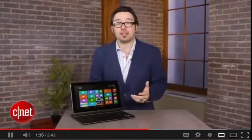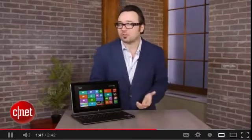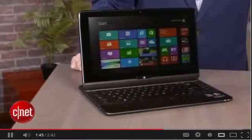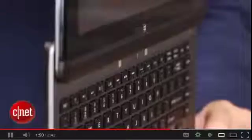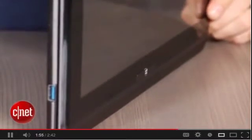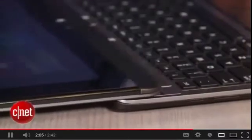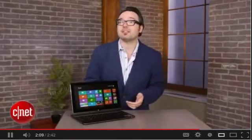Compared to a lot of the other new Windows 8 designed laptops and convertibles and hybrids we're seeing, this is actually reasonably priced. It's $1150, and for that you get a 128 gig SSD and an Intel Core i5 CPU, which means that it's basically on par with a lot of the other Ultrabooks that we've seen earlier this year. Maybe without the sliding screen and the touch screen, you'd probably pay maybe $899, $900 for something roughly comparable, sort of component-wise. It is a little bit of a premium for this experience,